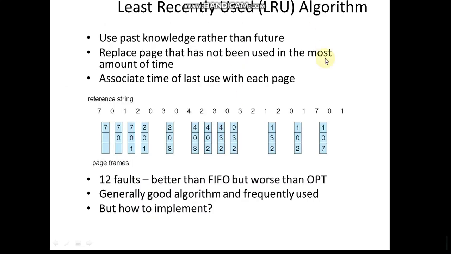So the other possibility is the least recently used algorithm. You have to clearly distinguish between least recently used and first in first out algorithm, which both depend on the left side bits of the reference string. So it is using past knowledge rather than future knowledge. The one which is least recently used, used the least number of times, has to be taken as the victim frame for the replacement.